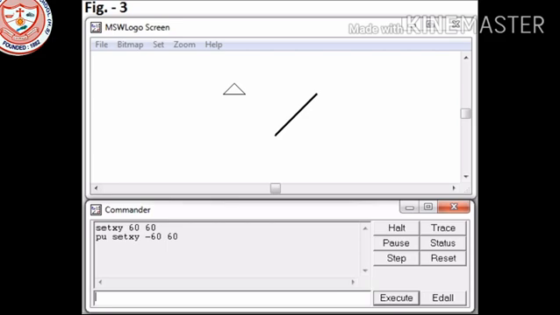So we pronounce it as Logo, and it is a high level programming language, known for its graphic capabilities. Why does everyone use it? Why does everyone learn it? Because it is known for its graphic capabilities.